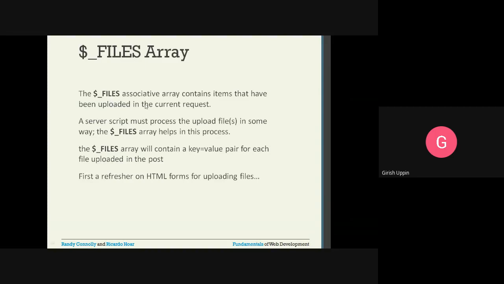The $_FILES associative array contains items that have been uploaded in the current request. A server script must process the uploaded file or files in some way. The $_FILES array helps in this process. So we can use the $_FILES array in order to process the file-related activities. The $_FILES array will contain key-value pairs, always the same as before, a key-value pair. This array will have a key, for example,